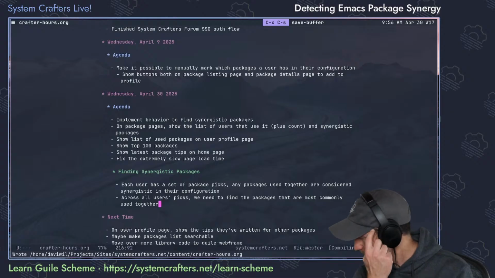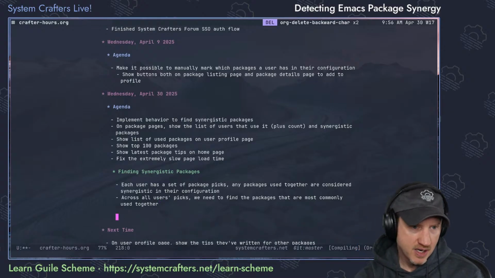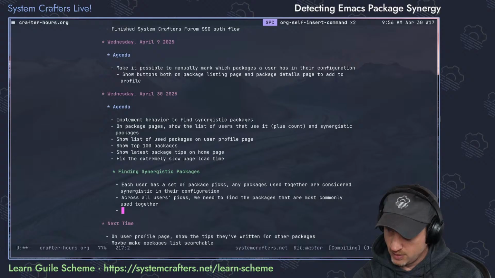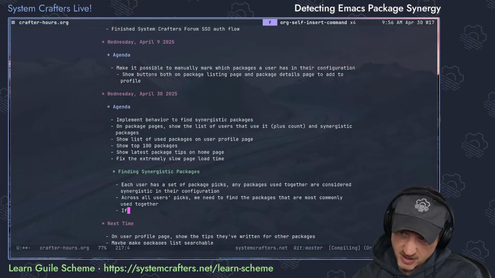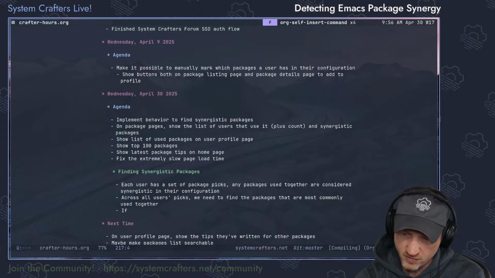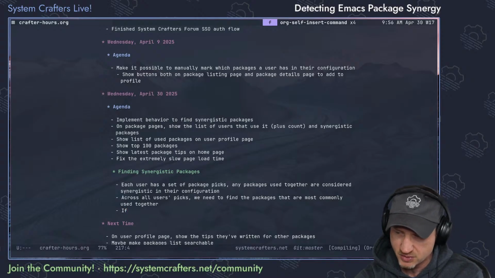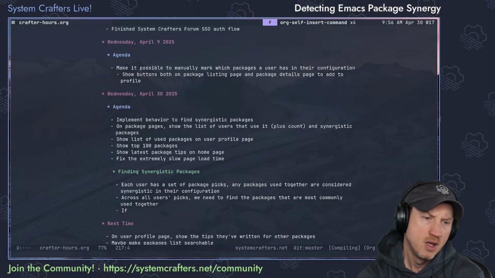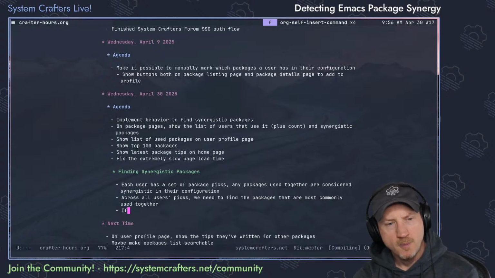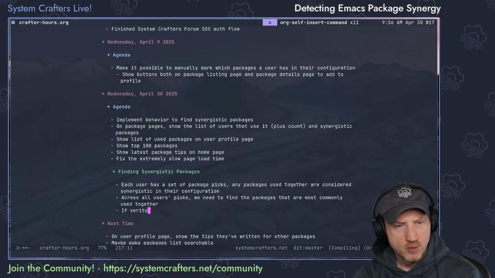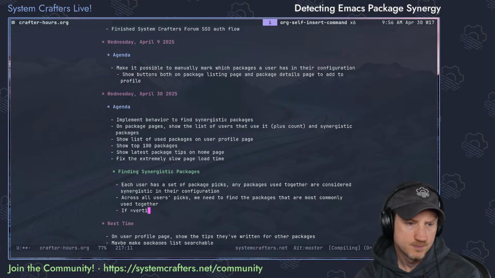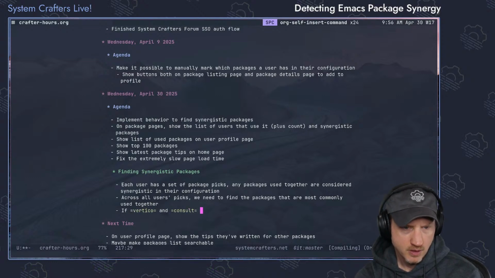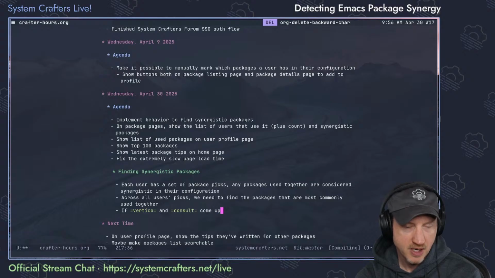So what does that mean? That means, as someone says, it's just the CDN assets that are making it slow. Sort of. I think it's also some JavaScript that gets executed as well that makes it slow. So if Vertigo and Consult come up or show up together,